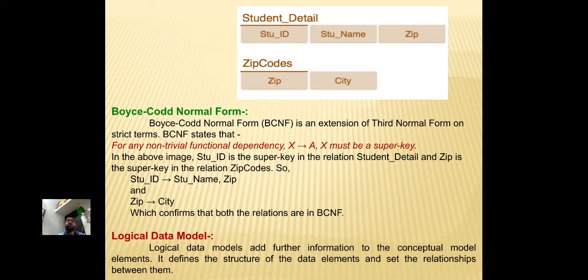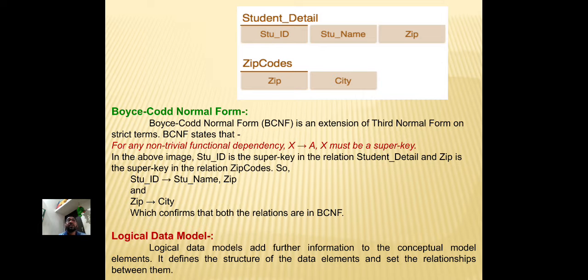In the above image, student ID is the super key in the relation student detail and zip is the super key in the relation zip code. So student ID implies student name and zip, and zip implies city, which confirms that both relations are in BCNF.